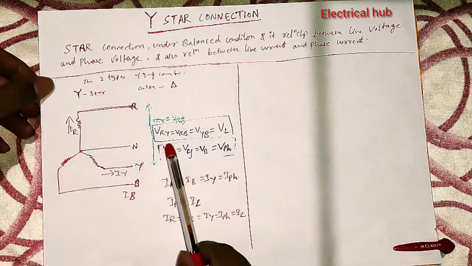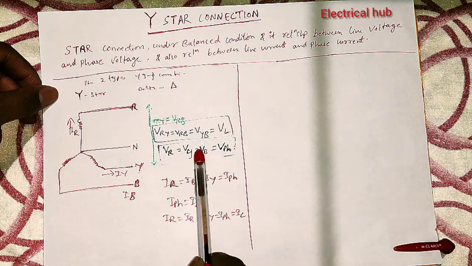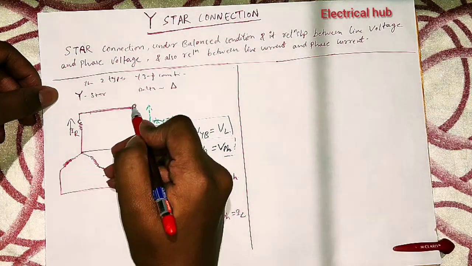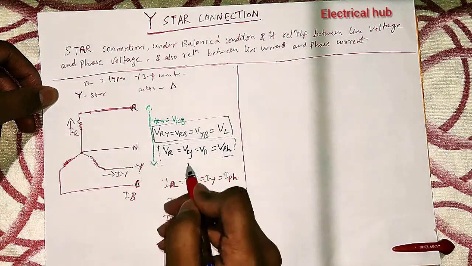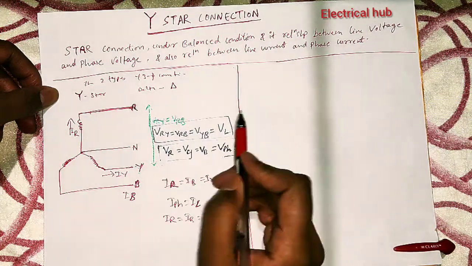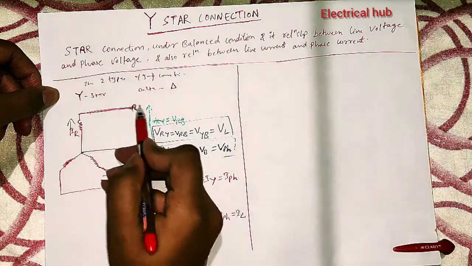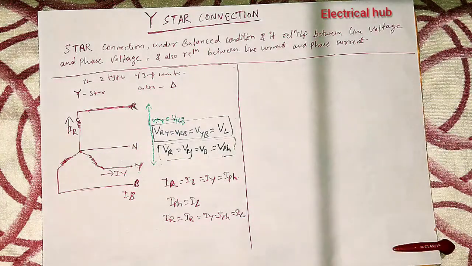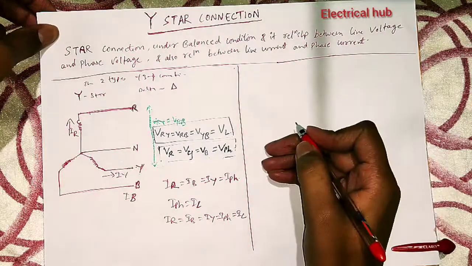Alright, in voltage, VRY equal to VRB equal to VYB equal to VL, and VR equal to VY equal to VB equal to VPH. Here VR, VY and VB is a single term: the voltage between R and N, Y and N, and B and N is known as VR, VY, VB. And the voltage between R and Y, which means the voltage between two line wires from where the current will flow, will be the line voltage. So you have to understand the definition of line voltage and phase voltage. And then let's talk about this with the phasor diagram of this three-phase star connection.